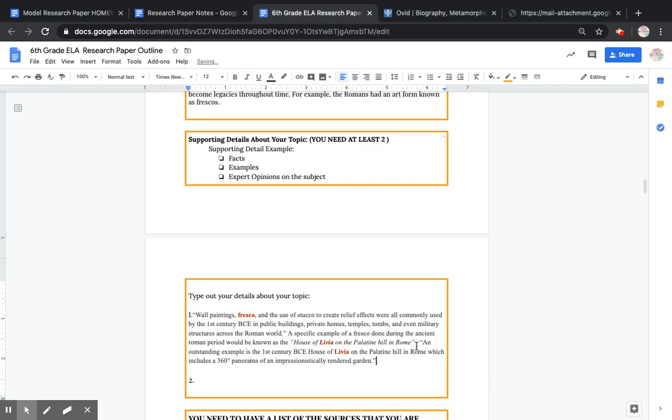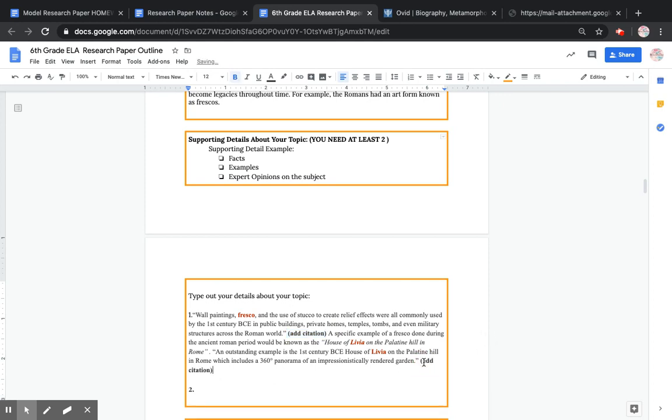See, now it doesn't do that and it does it in quotes. Now remember too that you need those citations. So you can put here, just add citation if you don't know how to do it, but that just makes me remember, hey, remember you need to add that citation. Okay, so you want to make sure that you put that there just as a reminder that, hey, I'm going to put this citation here. Okay,